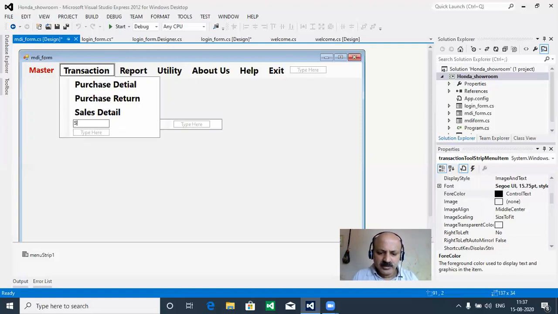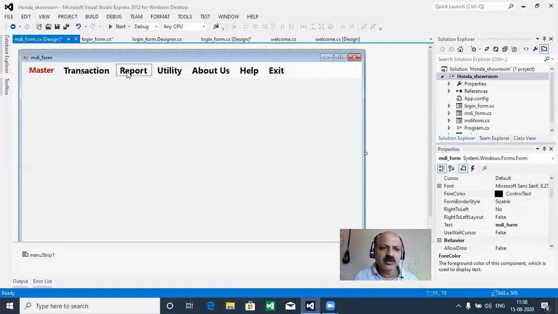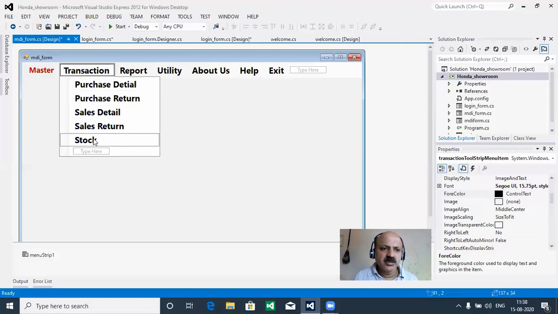Okay, and here in sales, you can also return purchases to the showroom. If your customer returns a bike because of a warranty issue or something, you can also handle that. Some students take stock as a separate menu, so it is also possible to take it between transaction and report. Here I just take stock directly, but you can also take stock in a separate menu, that is a possibility. But here we can take stock directly in the transaction form, so your menu is not large in size.